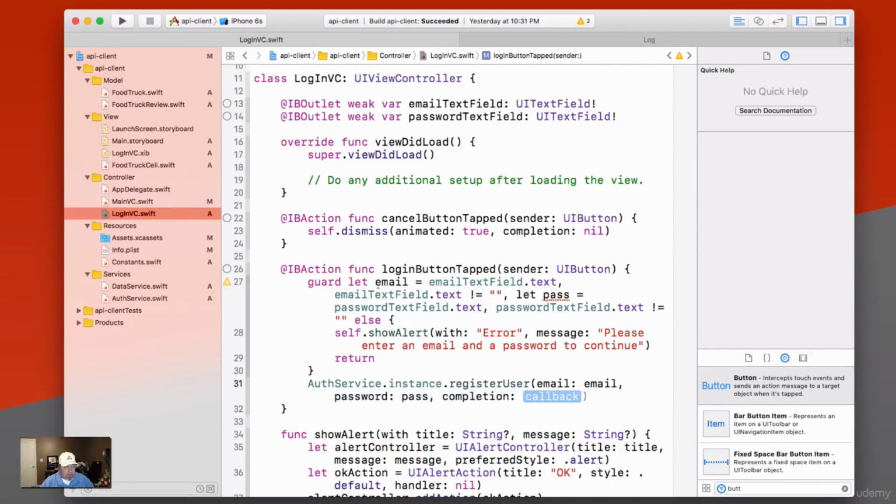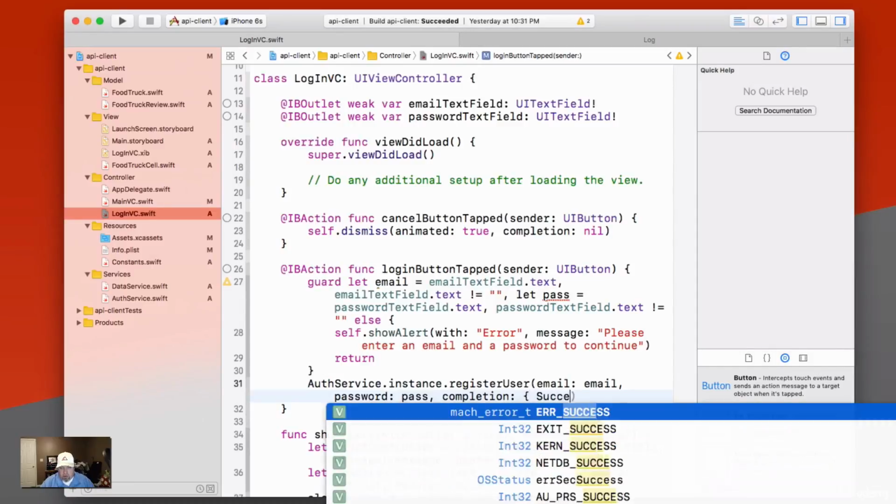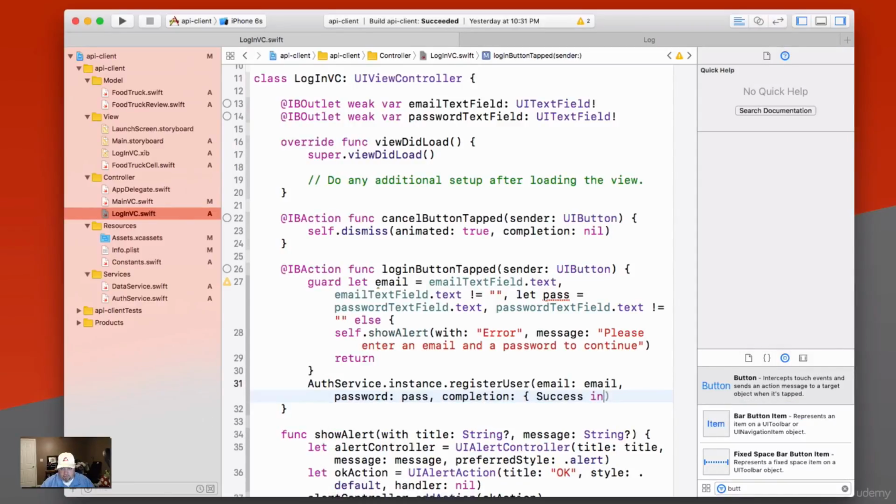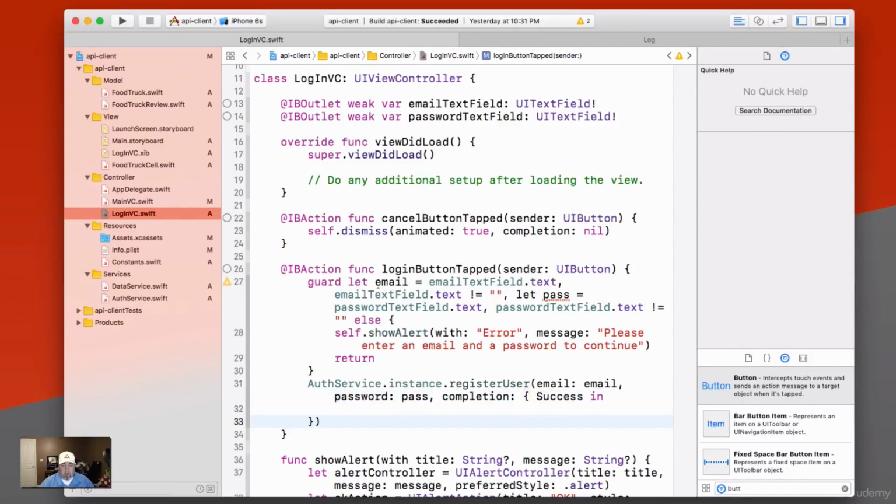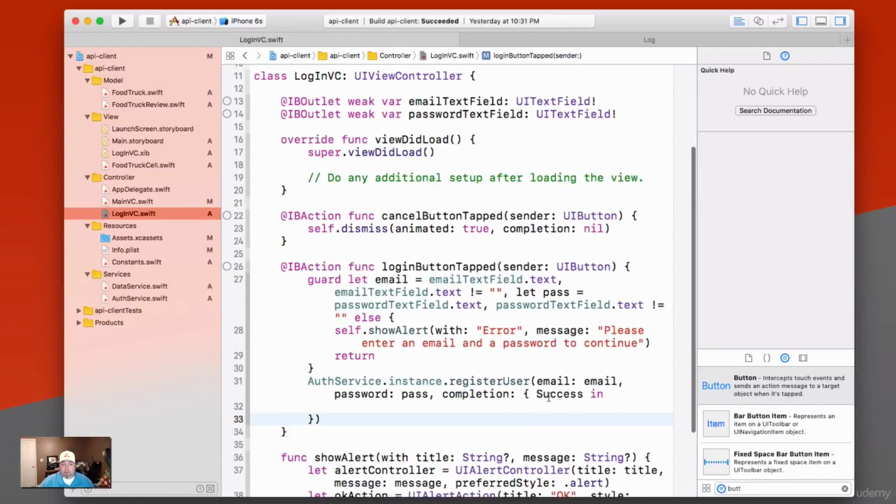And then for our completion, we're going to say success in. And if you'll remember, our completion handler has that one bool and returns void. So what we're doing here is this will either be true or false. And where we call those or passed in true or false to those completion handlers, we'll get that back here. So what we can do here is we can say if success,